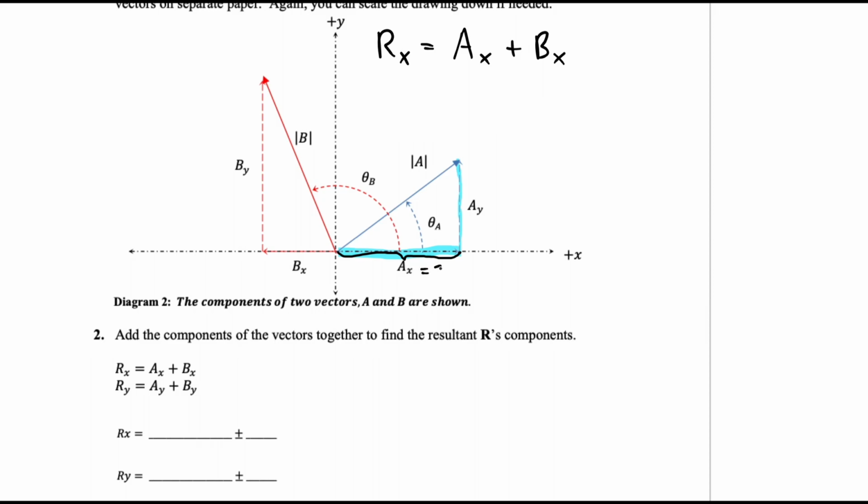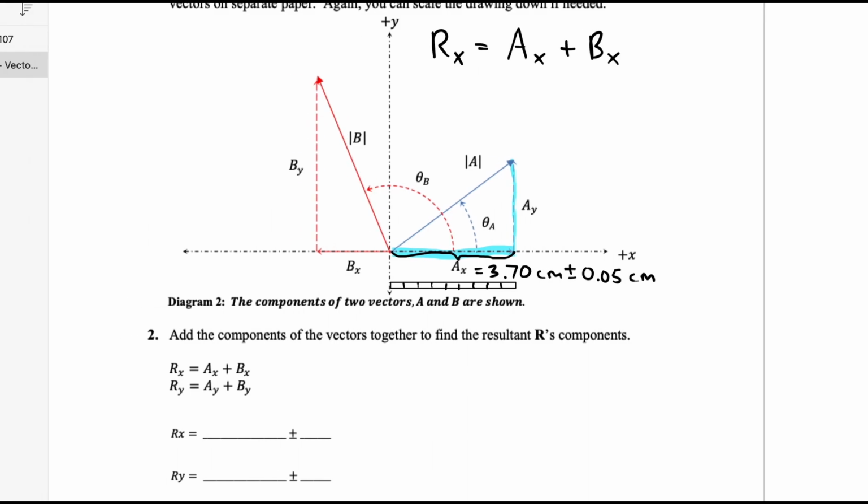So I get 3.70 centimeters for this, plus or minus 0.05. What I did was I put a ruler down along this dimension, and I measured that distance from the y-axis to the tip of A horizontally. Now what I'll do is I'll move my ruler over,